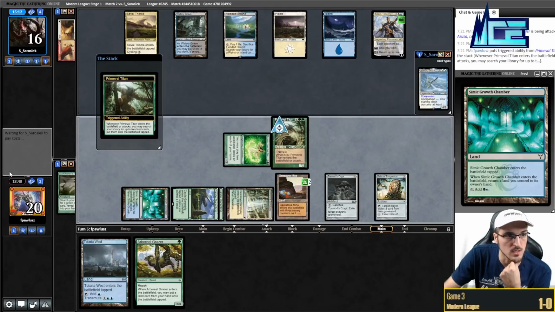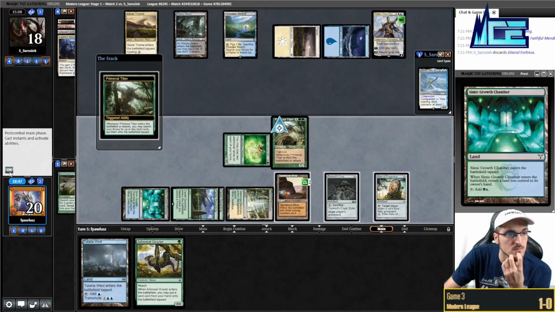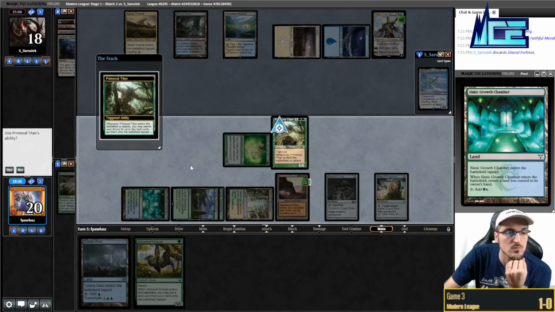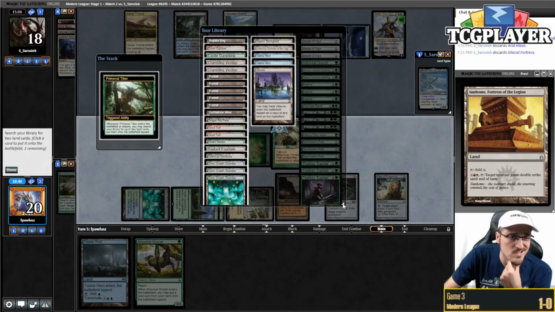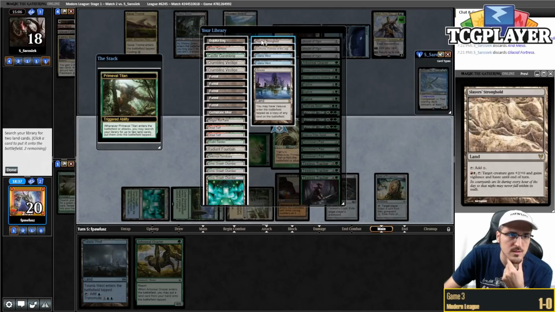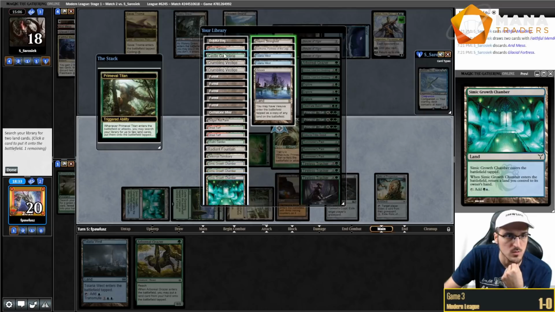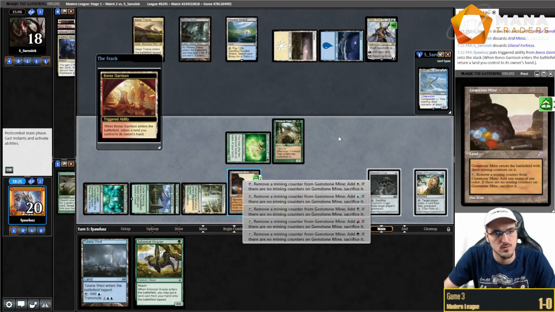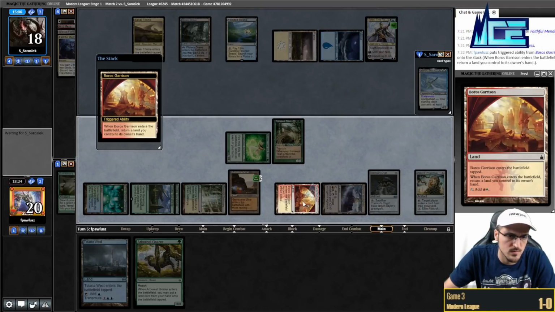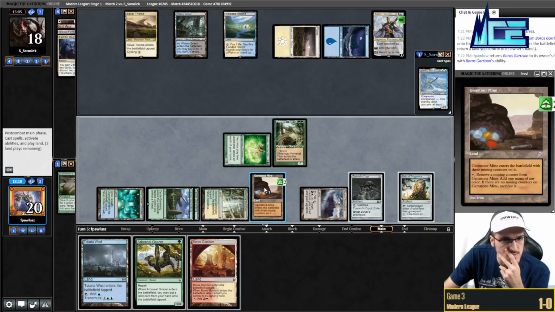We already have a T-West in hand. Faithful Mending. Okay. Definitely say yes. And I definitely want to have access to Stronghold for next turn. And I think that means that I want to have access to Boros Garrison as well. But extra land drops here, so